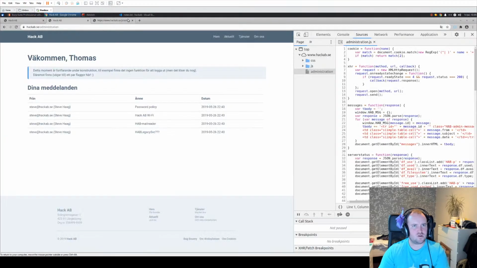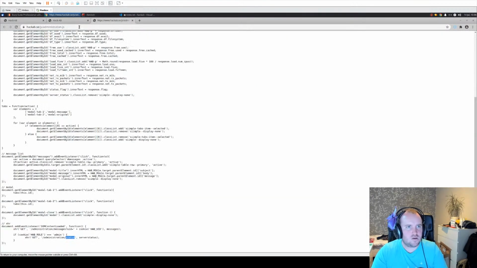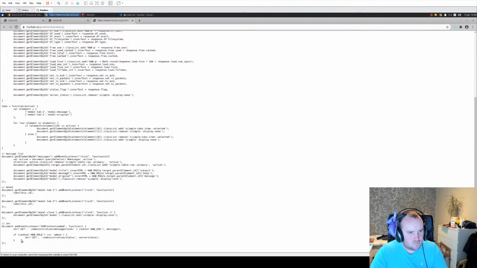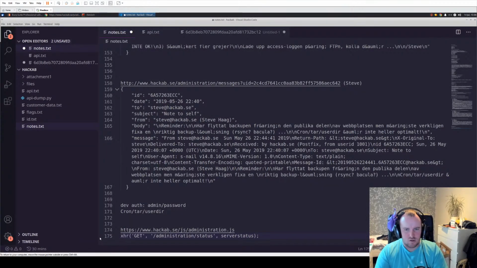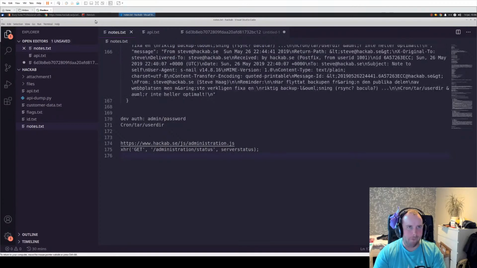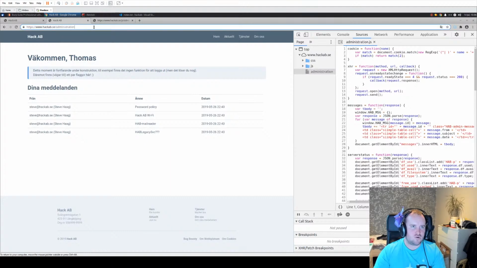So let's note this down as well. This and the code snippet here, to get the server status. So maybe we can try to do that with the user. What if it actually doesn't check the session and only checks the role cookie? So if we do this,